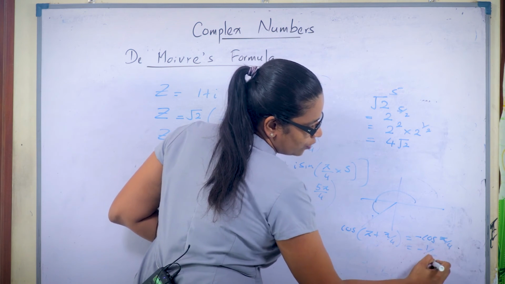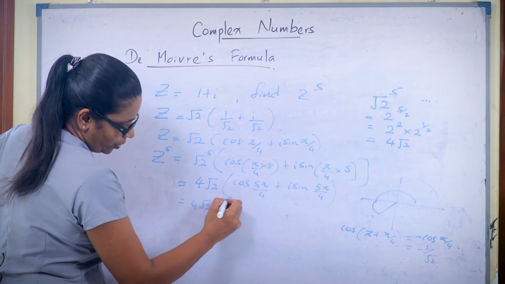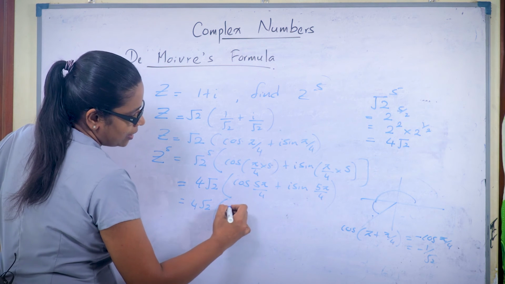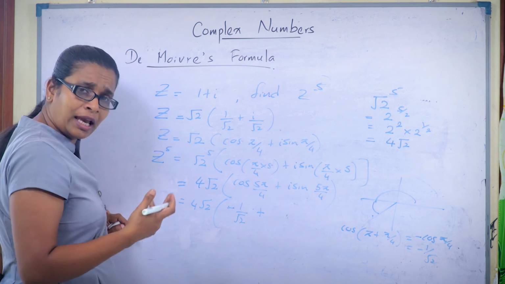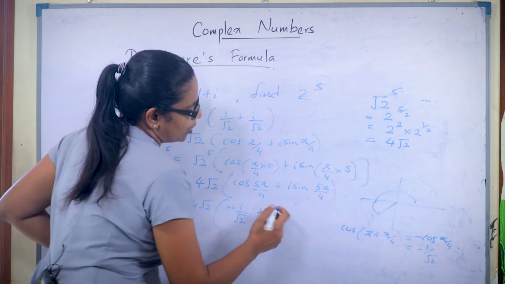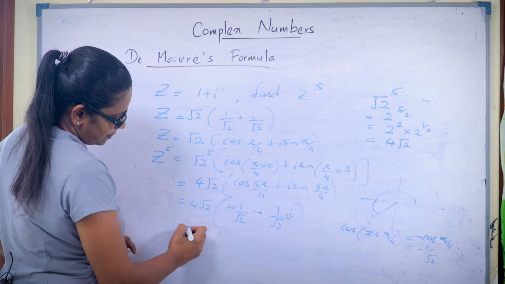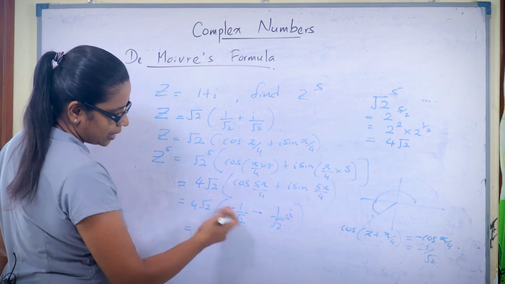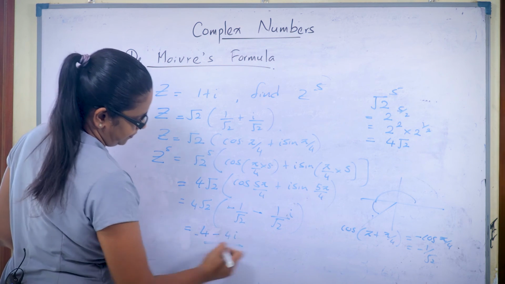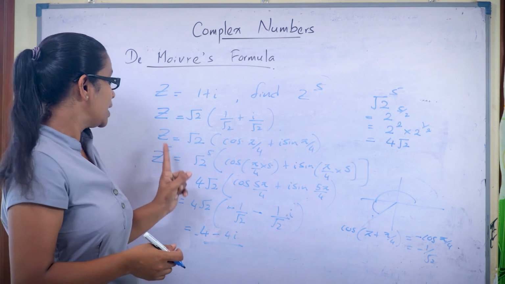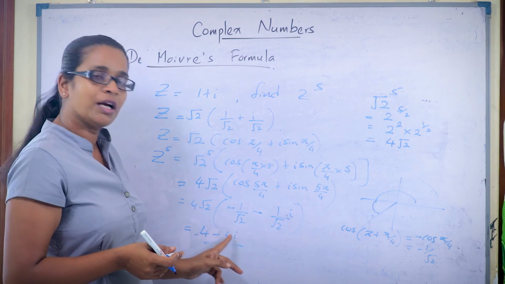It is minus 1 over root 2. The same thing happened for sine also. So here 4 root 2, this one I am going to write as minus 1 over root 2 plus, and the sine value also becomes minus. Okay, so you can just write minus here, minus 1 over root 2 i. Try to do the further simplification. You can multiply this one by this value. So it is minus 4 minus 4i. If you consider the fifth power of the complex number 1 plus i, it is minus 4 minus 4i.